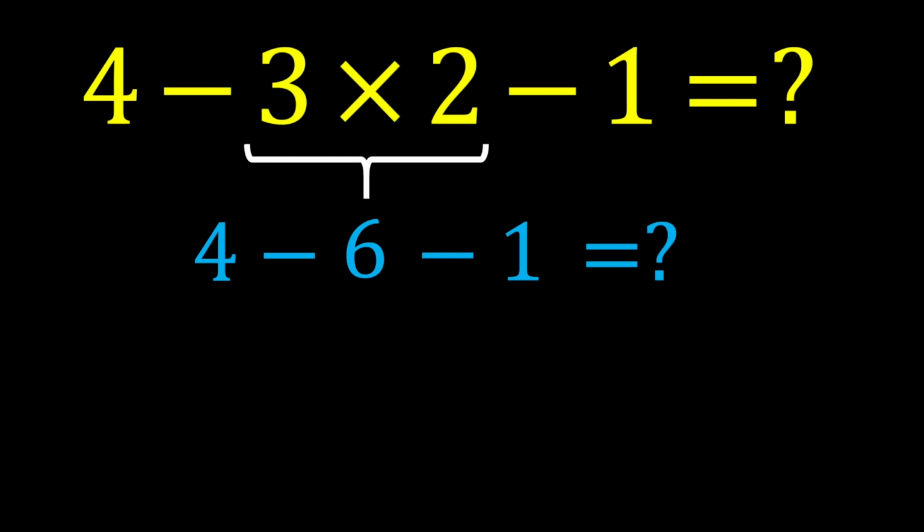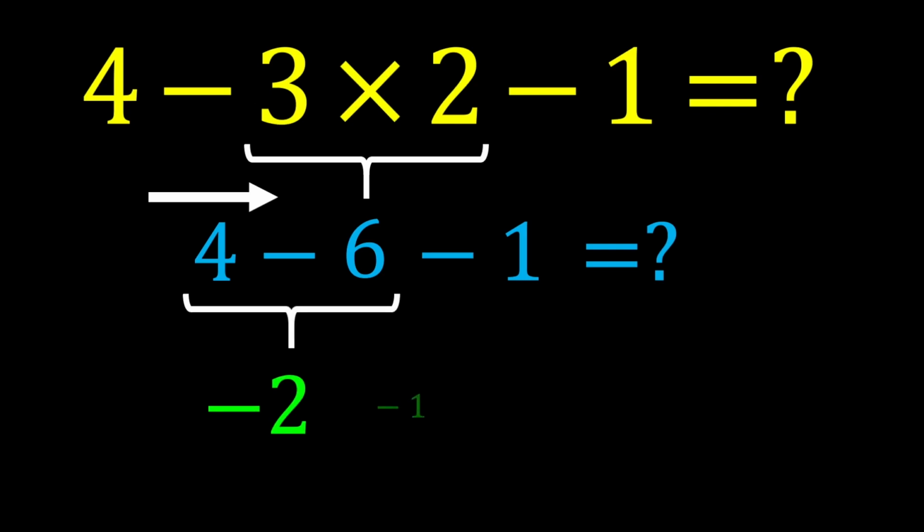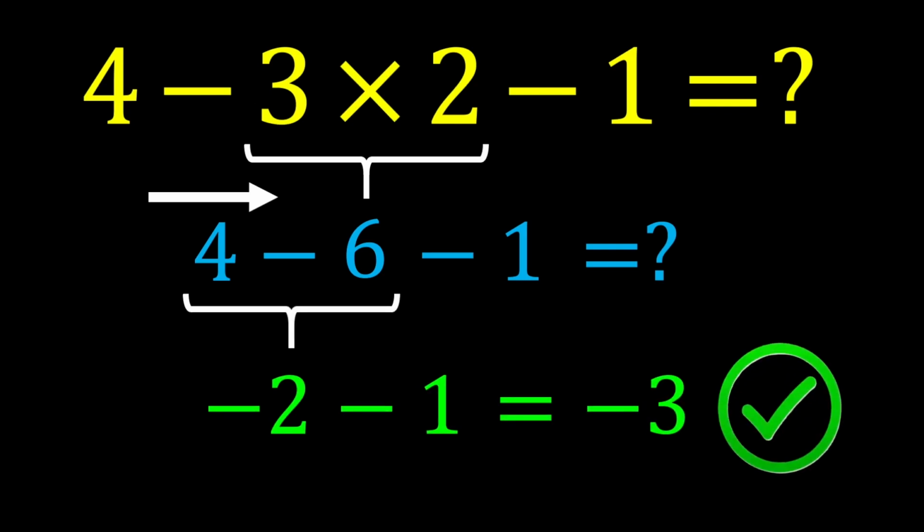Now, in this expression, there are two subtractions, and because subtractions have equal priority, we move from left to right and perform the subtractions in order. Four minus six equals negative two, and finally, negative two minus one equals negative three. Therefore, the correct answer to this